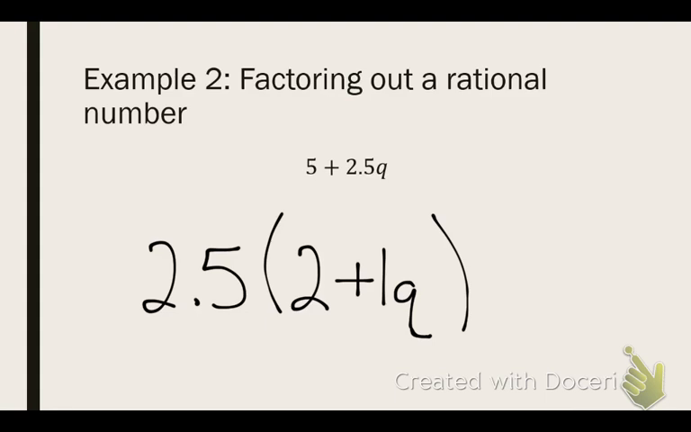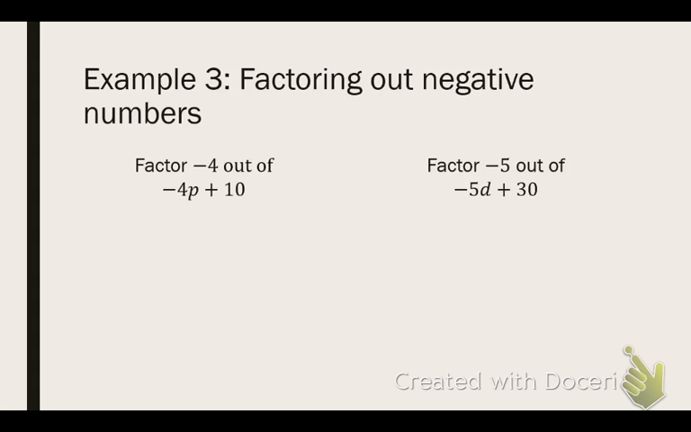All right, so decimals I treat the same way. I factor out the smaller of the two values. Three, we're factoring out negatives. Here's the good thing on your homework tonight: it tells you what number to factor out of the expression. It's specifically going to say factor -4 out of the expression -4p plus 10. So if you pulled out a -4 from the expression,